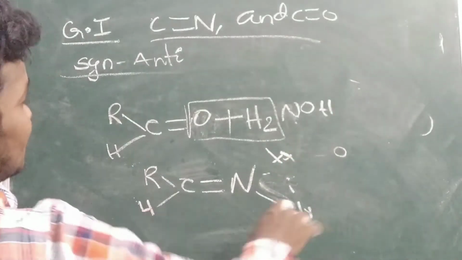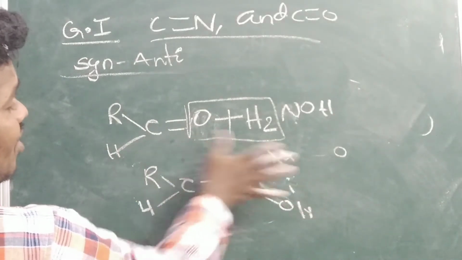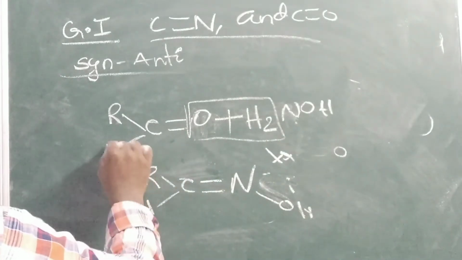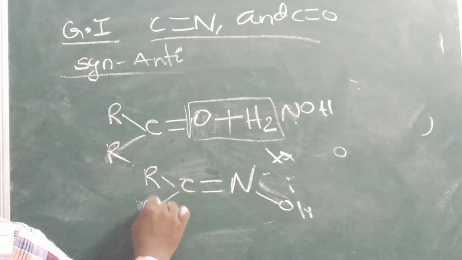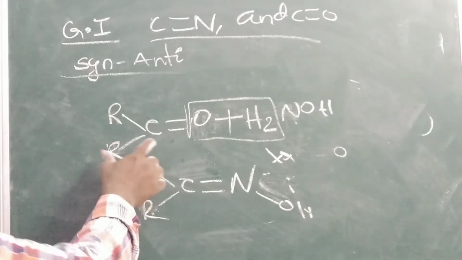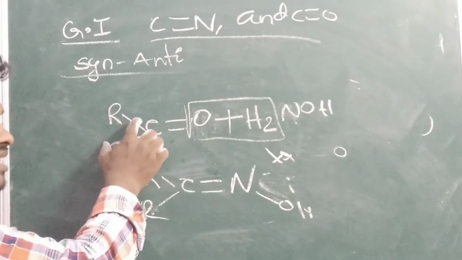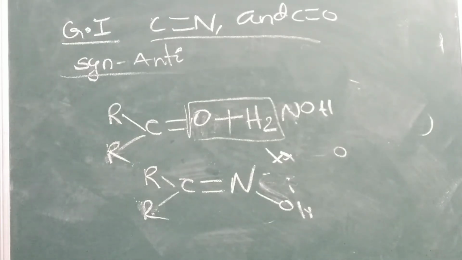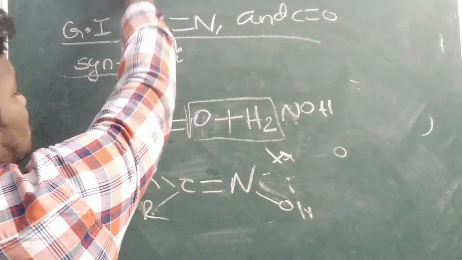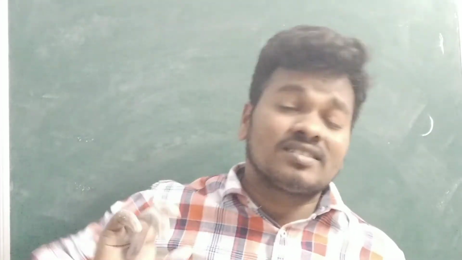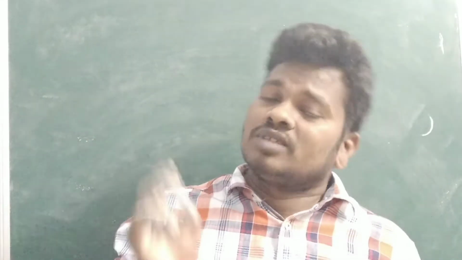For example, this is called as a what? Aldehyde gives aldoxime. In case of ketone, it is ketoxime. So different carbon groups are around. Whether it is the aldehyde or the ketone, based upon that we can consider whether it is syn or anti. So by taking examples, we will discuss syn and anti. This is two types. First of all, we have to see whether it is the aldoxime or the ketoxime. Aldoximes also have syn and anti forms, and ketoximes also have syn and anti forms.